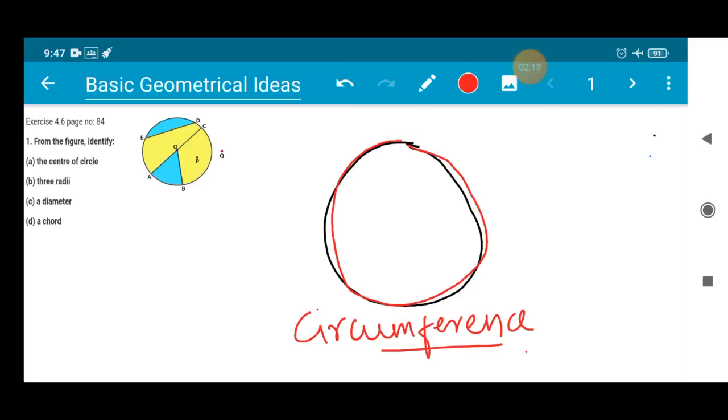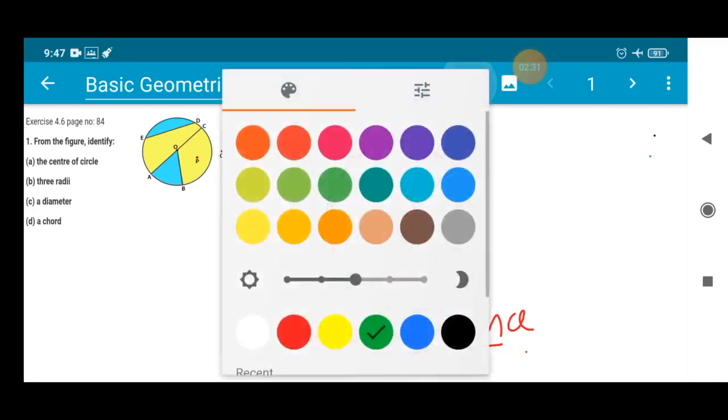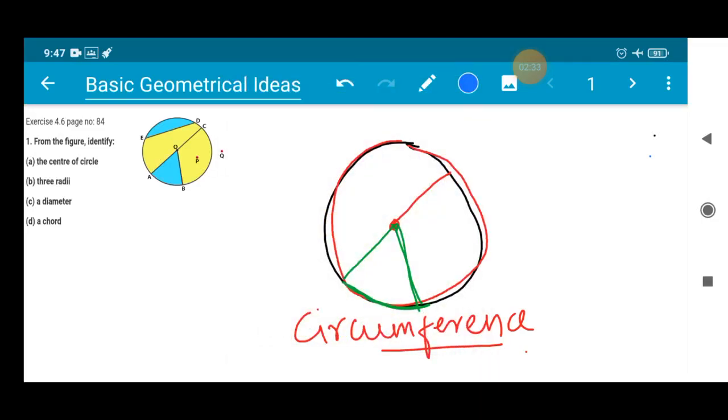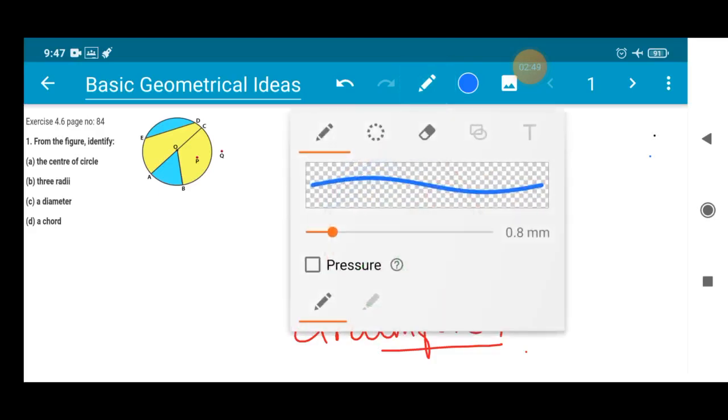So let us recapitulate what we have discussed. We have discussed the center, the radius, the diameter, an arc first, and then sector. Then we have discussed the chord, and the combination of the chord and the arc, which was considered as segment. So all these things need to be remembered by you all. Kindly go through this video properly and note all this work in your